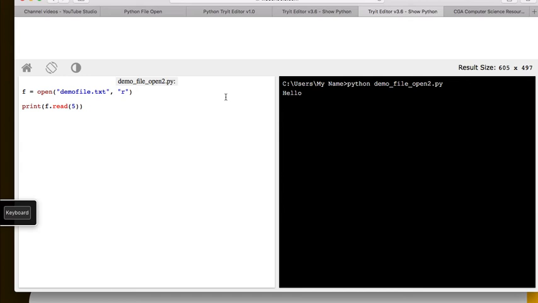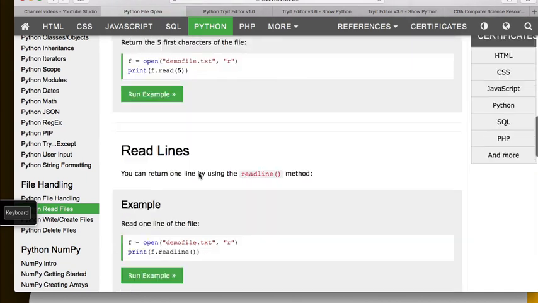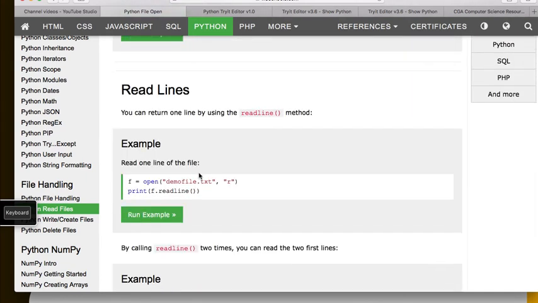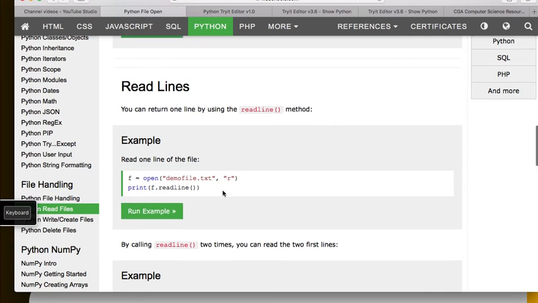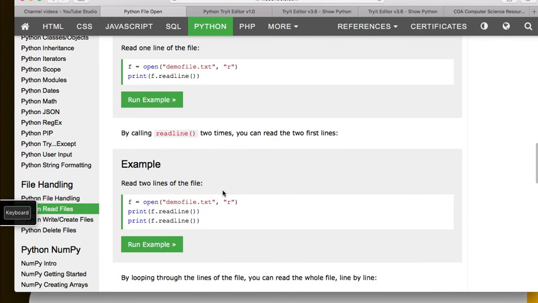Yes, because the text file had hello world, etc. within it, and so it returned hello for us. The other thing to note is that you can read lines, so you can read line by line. If the text file has multiple lines within it, you can use the read line, and that would read line